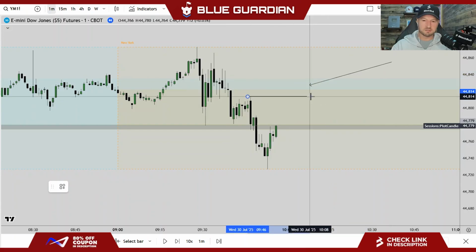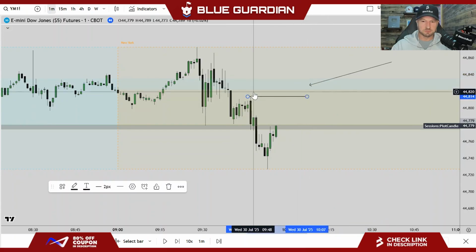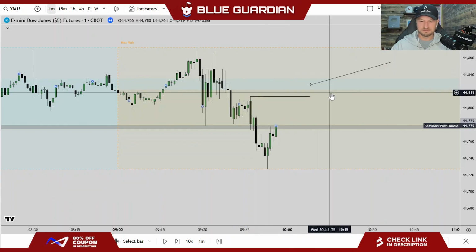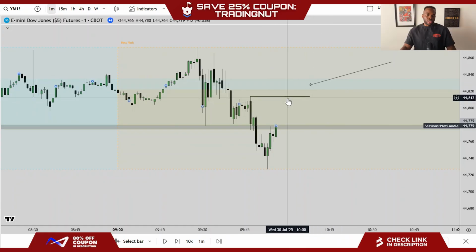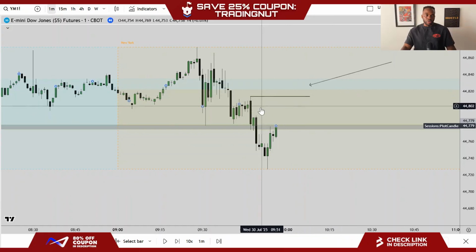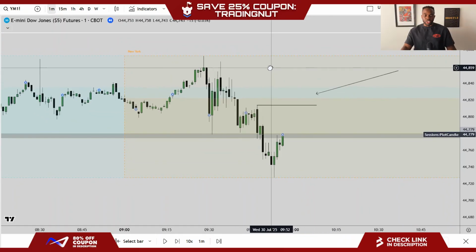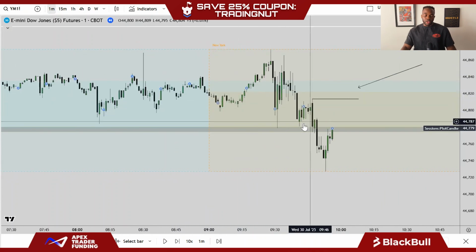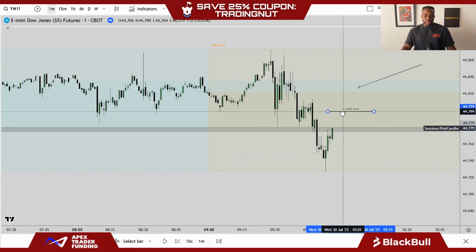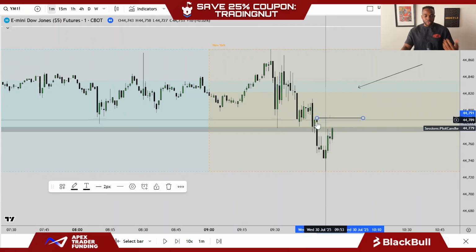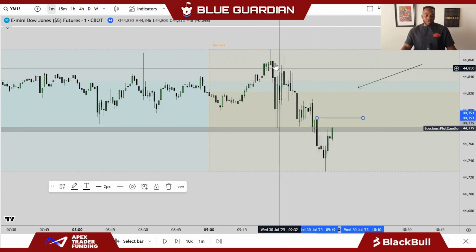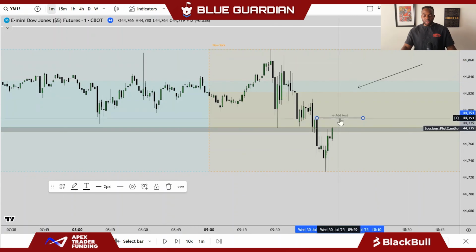Is that just another way of saying break of structure, or is it market structure? Yeah, market structure shift or a V-shaped recovery. It has a different name, but the way I define it is very objective. A lot of the time, other traders may call this a unicorn breaker, where for me it will not be, because they may say this is a qualified swing, but I define a qualified swing a little bit uniquely,